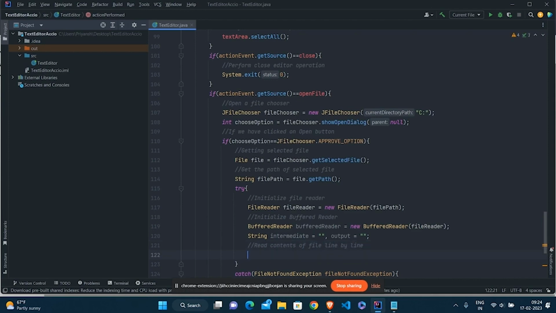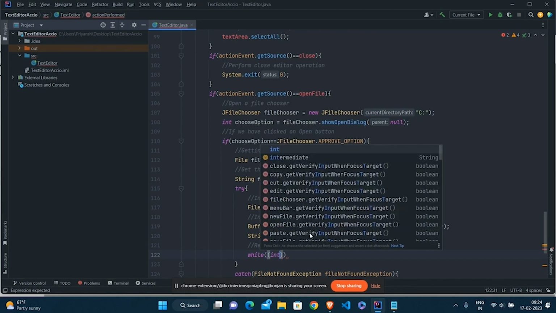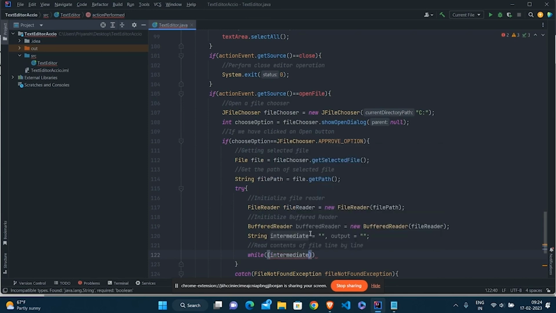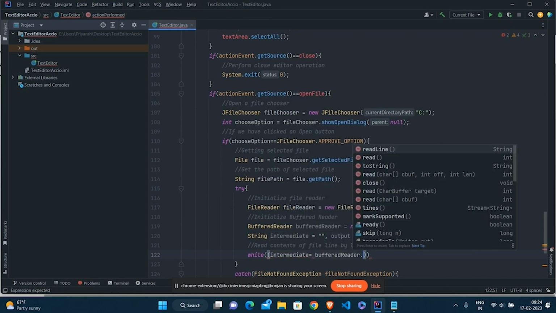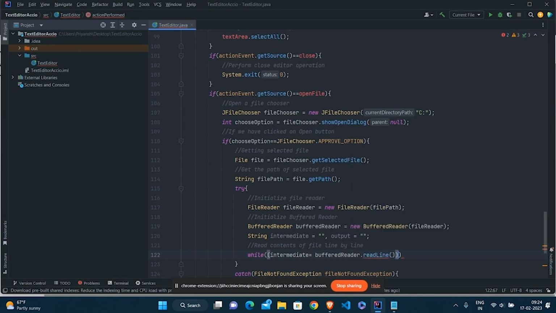Now we will create a while loop, and inside this while loop, I'm going to have intermediate equals to buffered reader dot read line, and if it is not equal to null, I'm going to jump into this while loop.